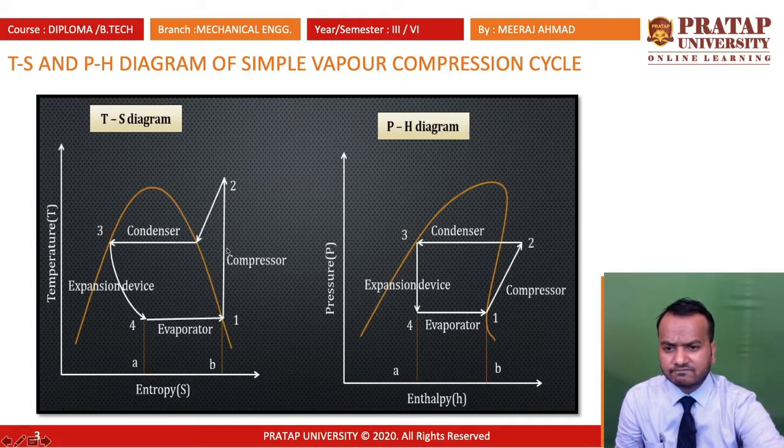Then from 2 to 3, a constant pressure heat rejection process takes place, where the pressure is constant and heat is removed to the surroundings. Then this superheated vapor refrigerant is converted into saturated liquid. After that, this saturated liquid